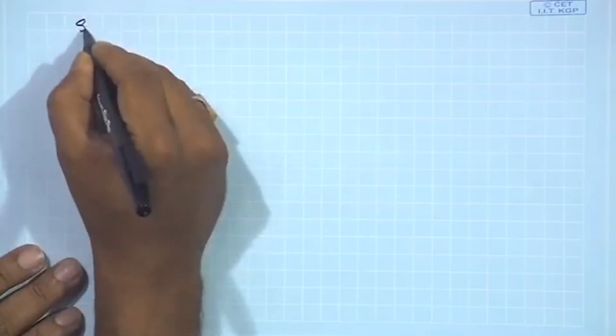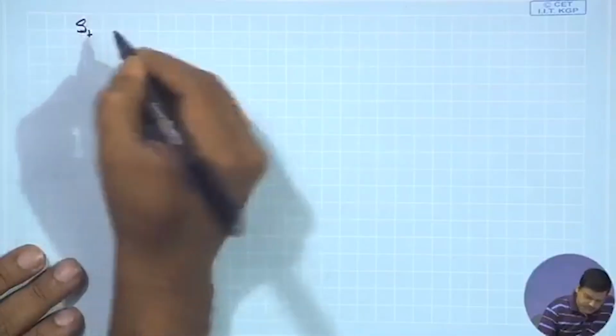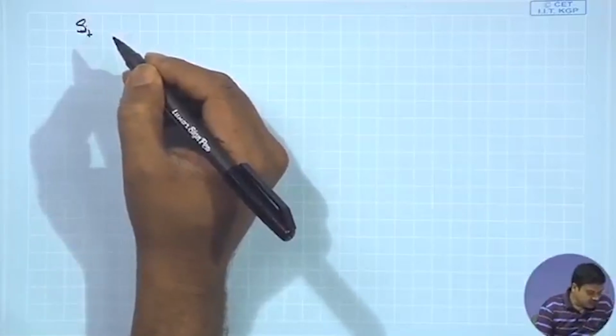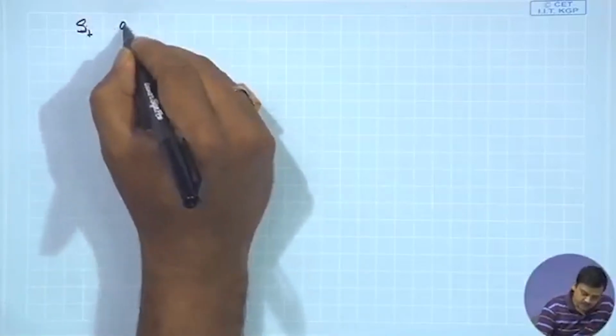It is a phase rotation, you can say. So, what we now have with us is this s plus of t. S plus of t is also called the analytical signal,